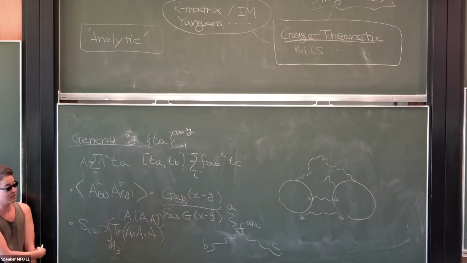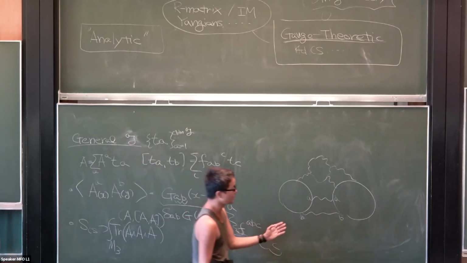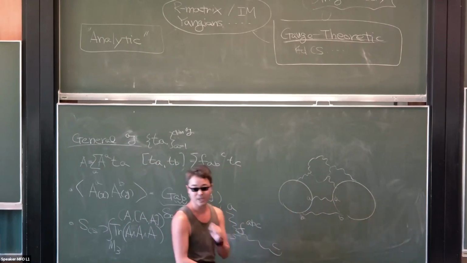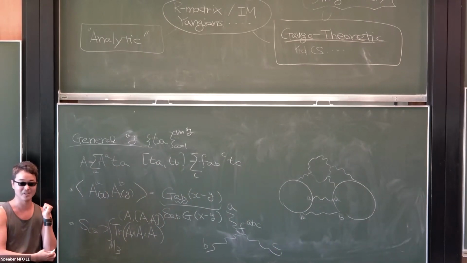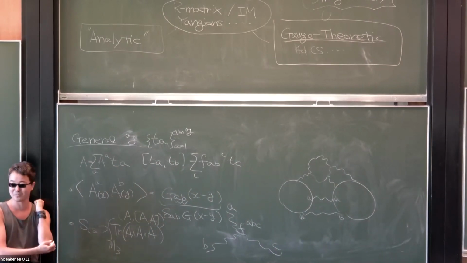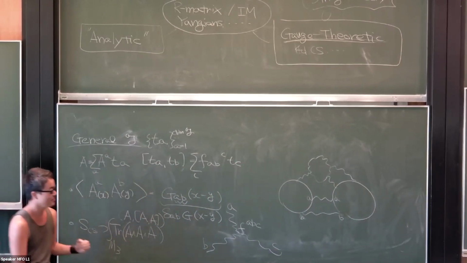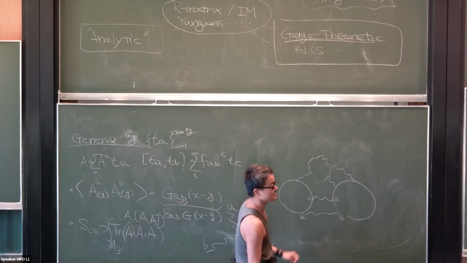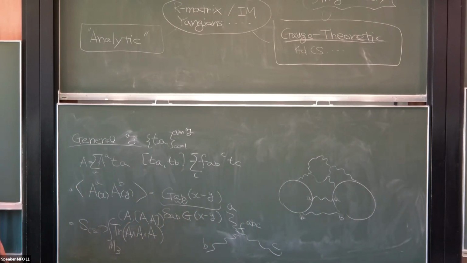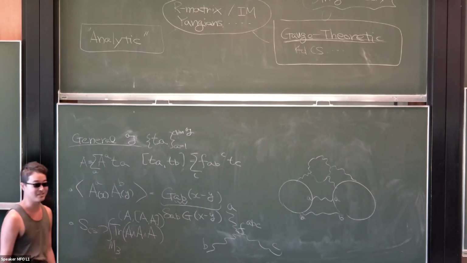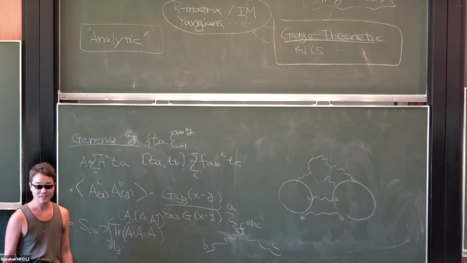And of course, if you do this, you should sum up these diagrams, and you get more interesting invariants of 3-manifolds, which is the finite type invariants, part of the expansion of the Witten-Reshetikhin-Turaev invariant. So these are the typical diagrams and how you compute it. That is the idea of how to do computations in non-abelian Chern-Simons theory. Any questions so far?